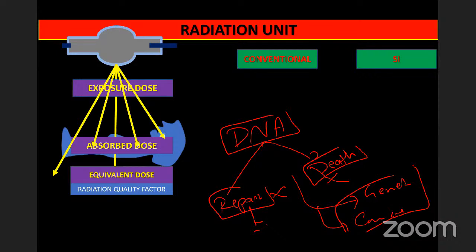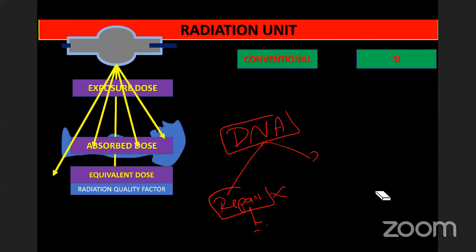Now what does this tell us? Not every cell gets DNA damage equally. The DNA mainly gets damaged when there is rapid multiplication, when rapid mitosis is happening. Not every cell multiplies. We all know that if there is nerve cell damage, the neuron will not usually multiply and form a new neuron. If a muscle cell is damaged, it will usually not form a new cell. So what does this tell us?